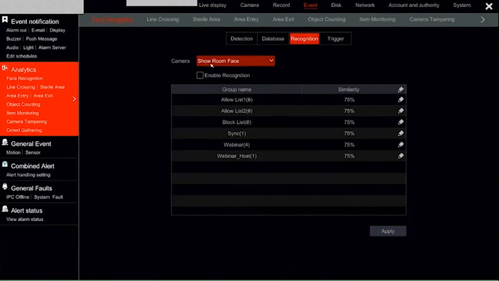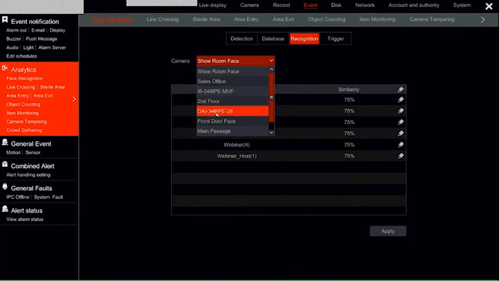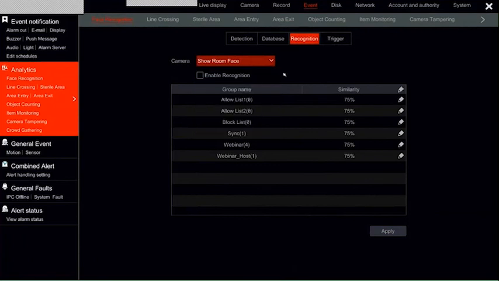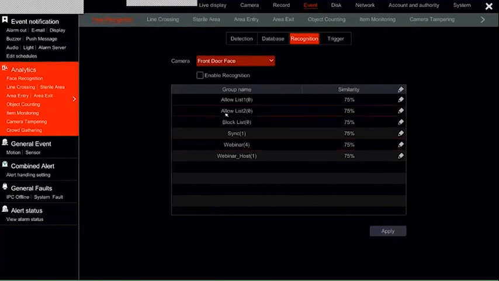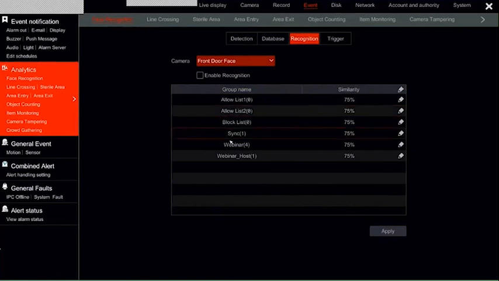Here you have all of the cameras that support face recognition. Okay, the list. You can set for each and every one of them a different similarity according to a different group. And why is that? For example, if we say that this camera, front door face,